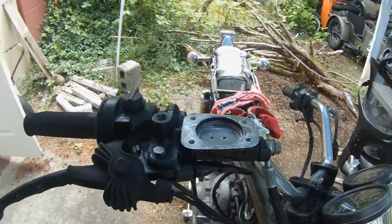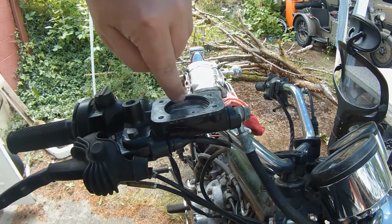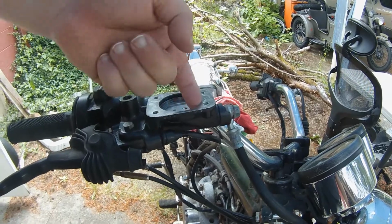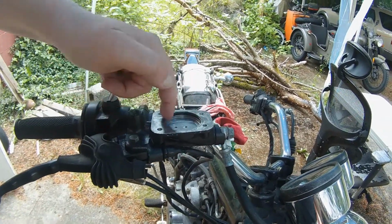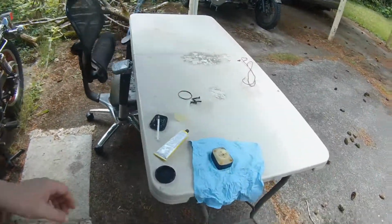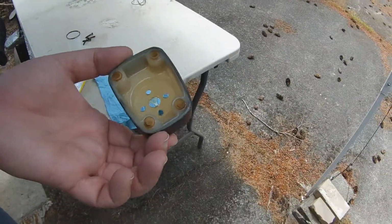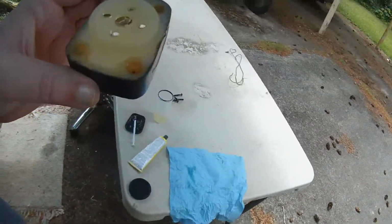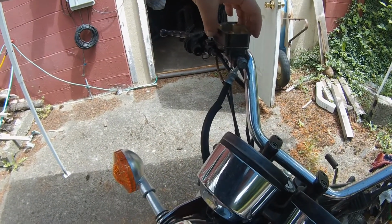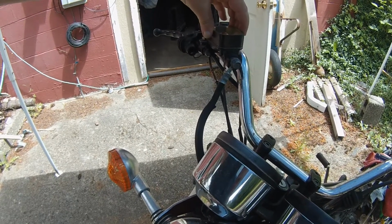Okay, the brake reservoir is back off, and this is the O-ring I'm talking about right there. It does fit a little loose on the reservoir. I had hoped that it would seal up once it got wet, but apparently not. So here's the reservoir, it sits on there like that, but it's just a little loose,